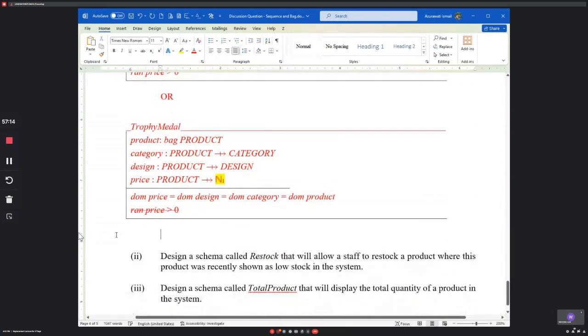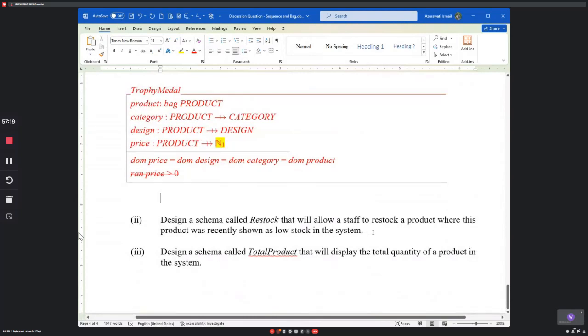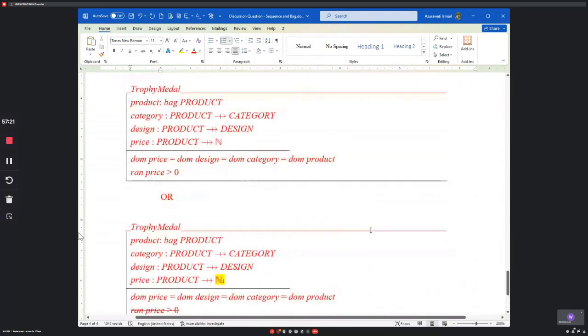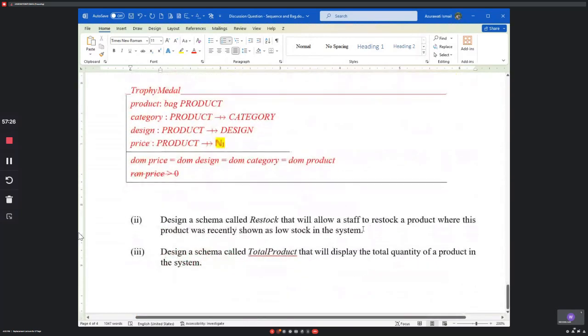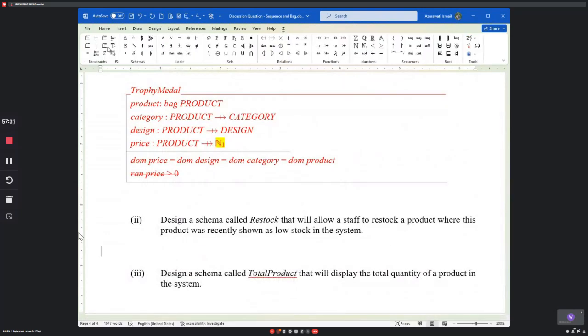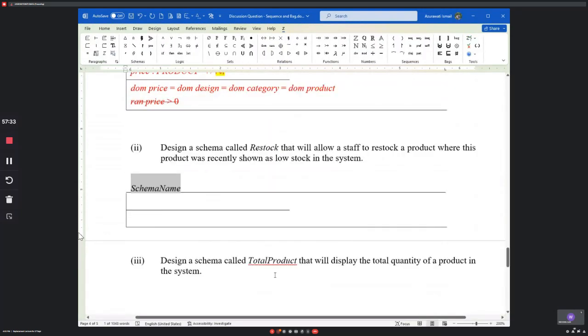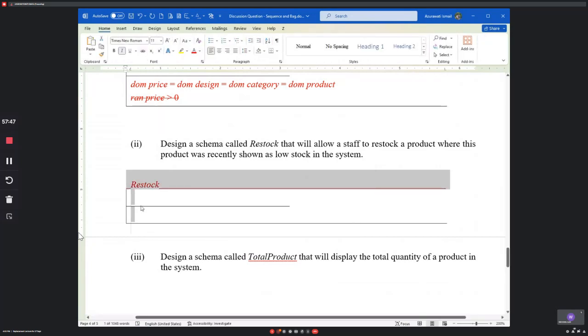Read the question carefully. And then of course this one is similar to what you did. It doesn't state here in the question the low stock value and so on. So when you want to design it, as what we discussed in our assignment also, this one is related to bag. In our assignment, I didn't use bag. So for restock here,